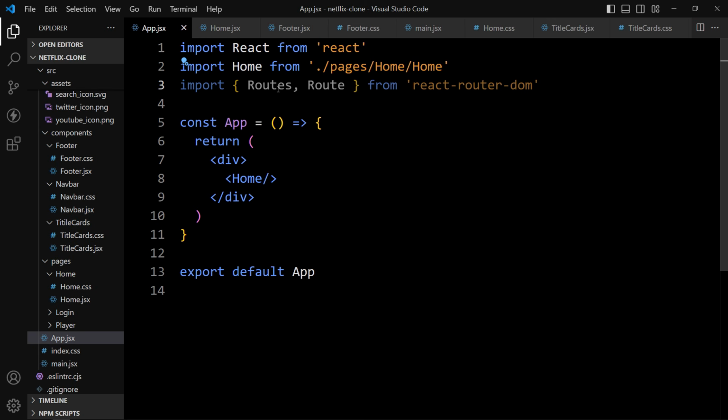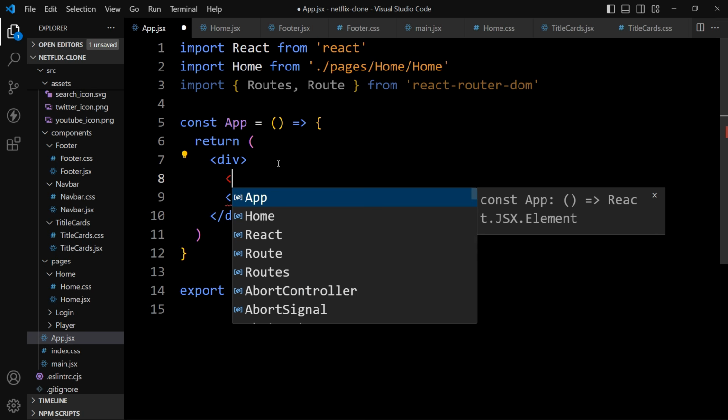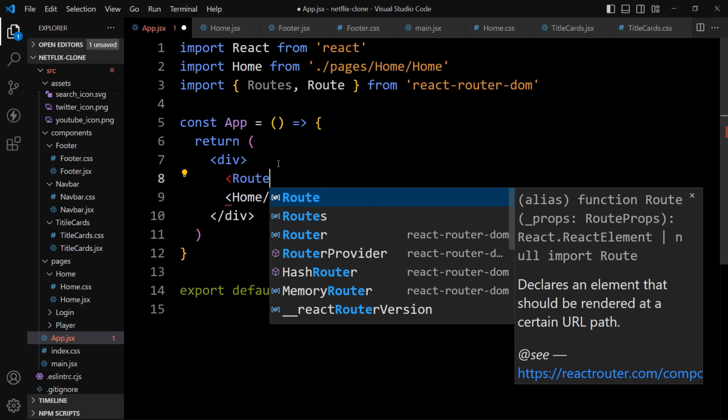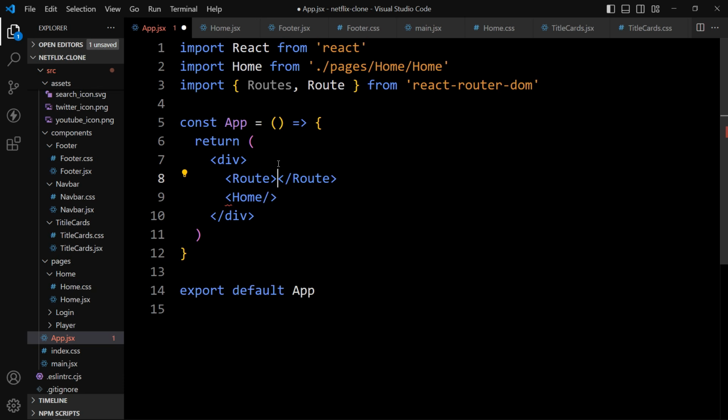After that, we will use this. So here we have the home element. So before that, we will add Routes. Close this one.